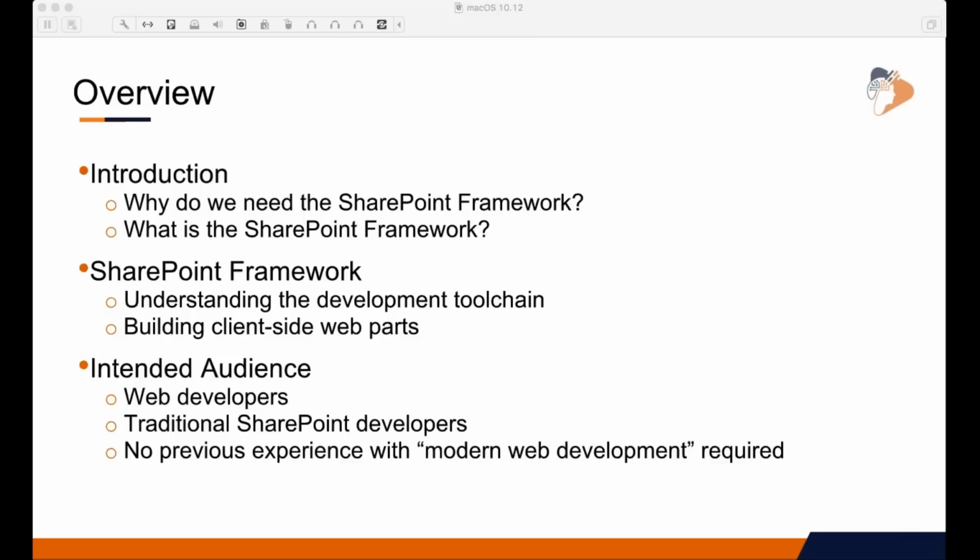You don't need any experience with what Microsoft is calling, and what the industry really calls, modern web development, which is the tool chain that we're using here. The SharePoint Framework is a big new thing that's trying to address a lot of challenges. I'll even talk a little bit about how Lightning Tools has one of their popular web parts developed as a client-side web part, and give you a link to that at the end where you can learn more about it.